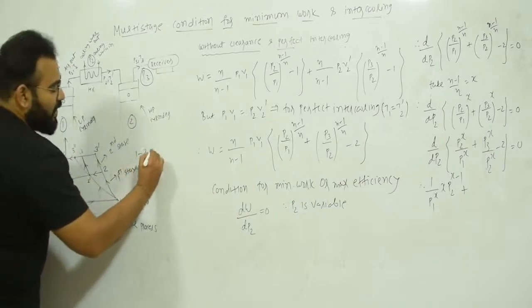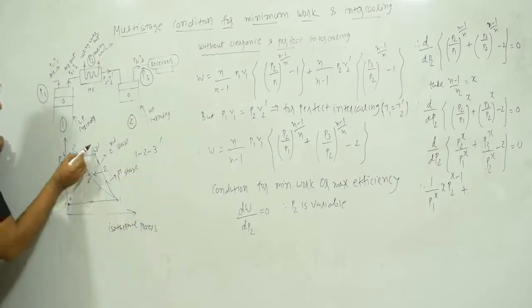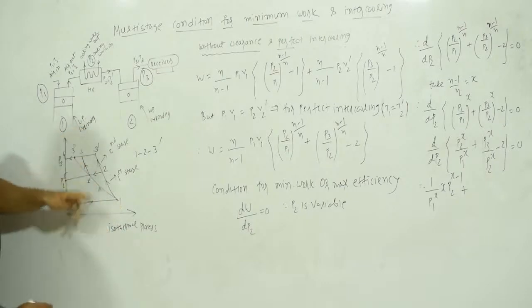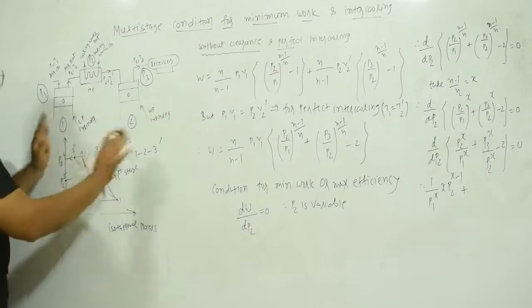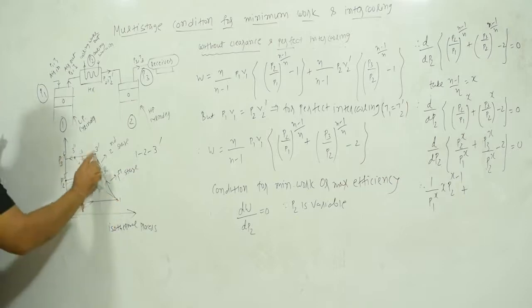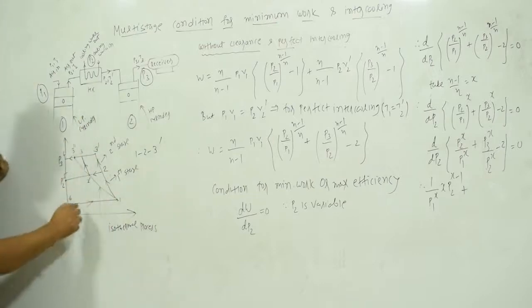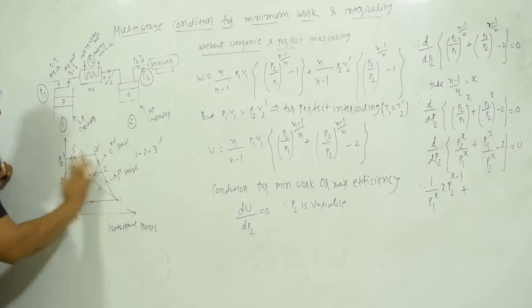If I do this in a single stage, our cycle will be something like this, 1, 2, 3 dash. So this is single stage only. Now forget the first stage, second stage, forget everything. This cycle will be 6 to 1, 1 to 3 dash, 3 dash to 4. So you can see that. The work done required for this single stage compressor is the area under the curve, which will be this much.